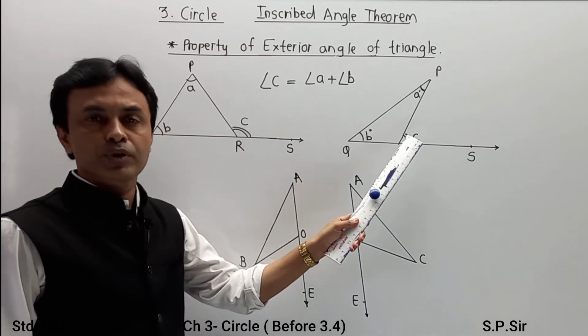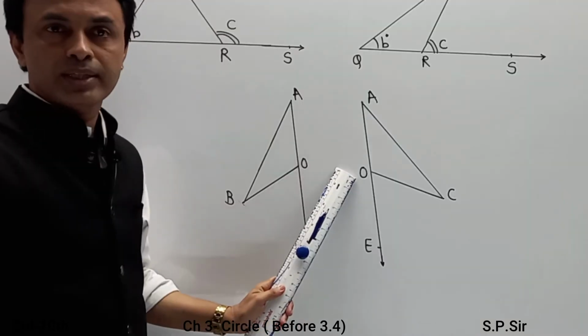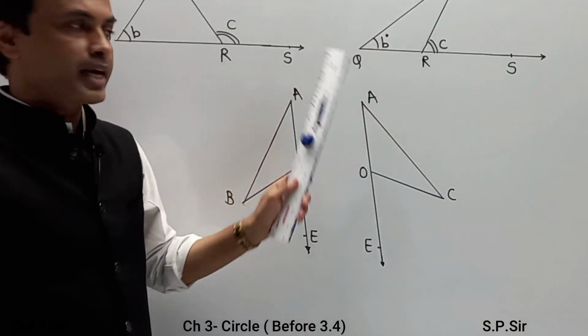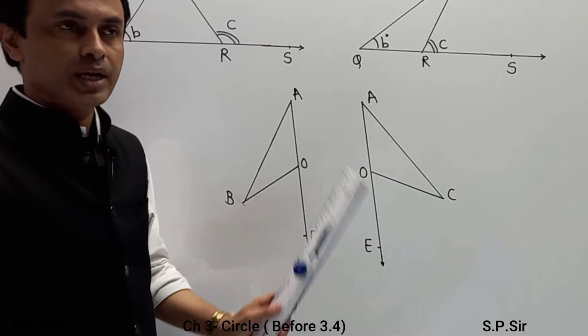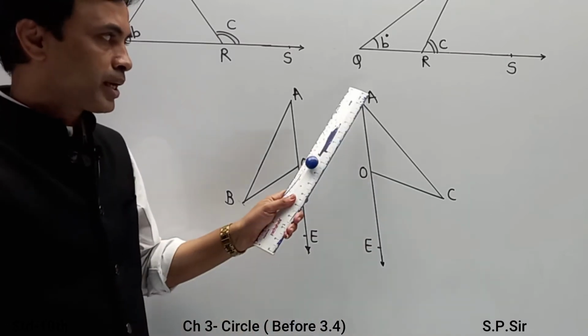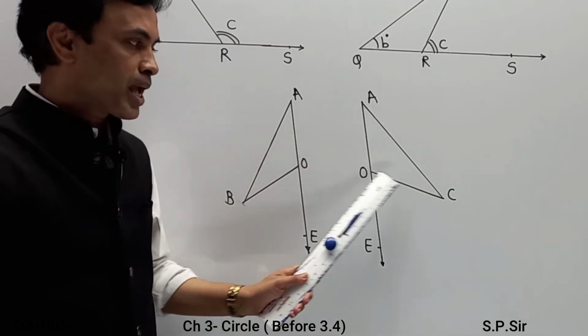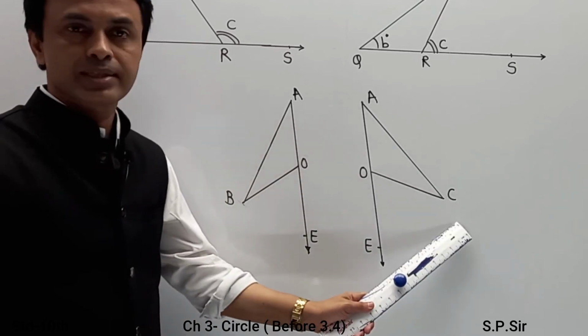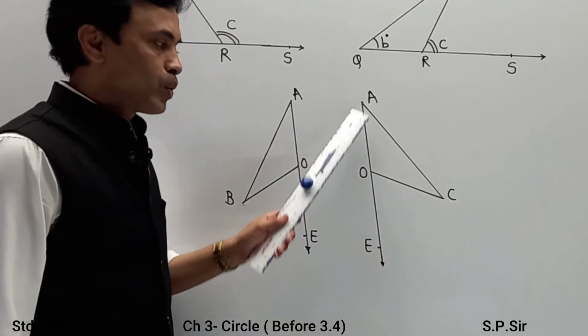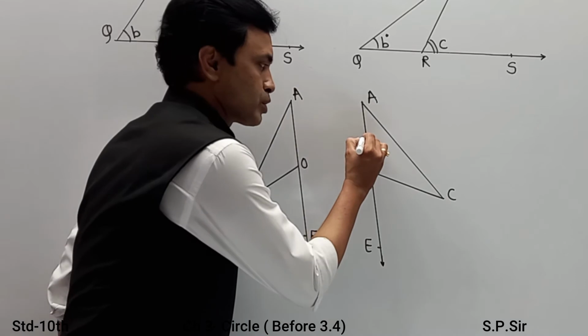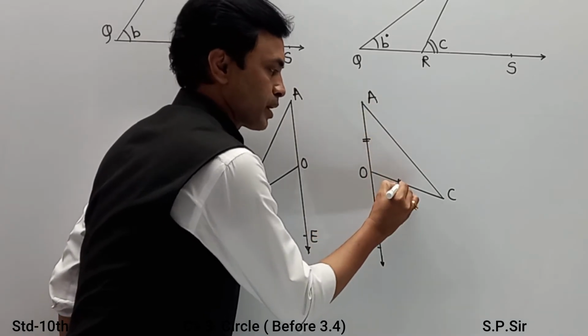This is the part that I want to explain, but in the diagram it will look like this. Instead of any general triangle, the triangle is an isosceles triangle. Means first of all I am going to clear the part. Let us say in triangle OAC, temporarily I am going to say that OA equals OC. Means these two sides are equal.